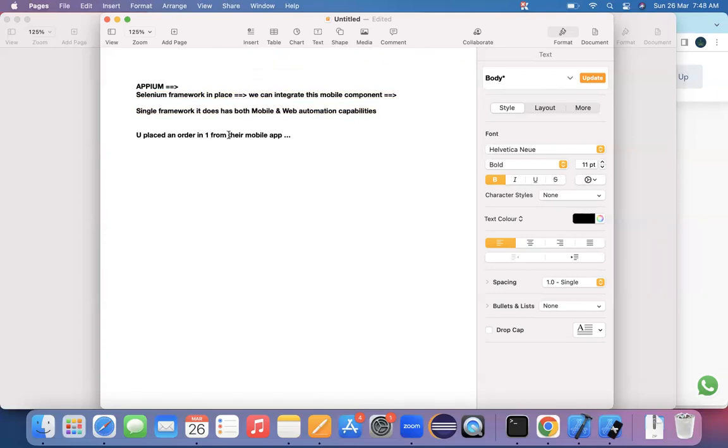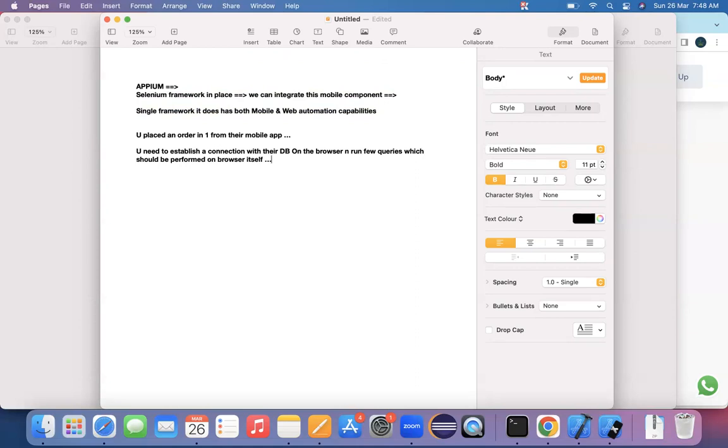After placing the order, you need to establish a connection with their database on the browser and run a few queries, which should be performed on a browser itself.